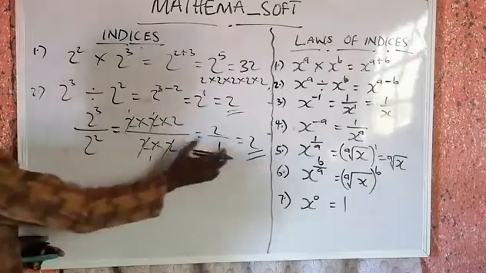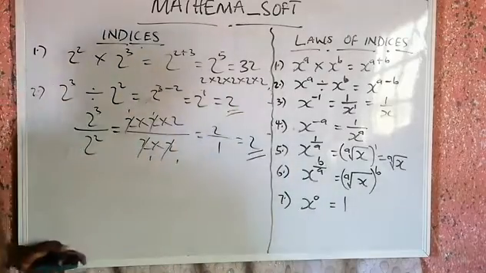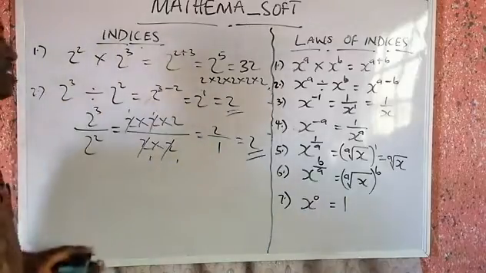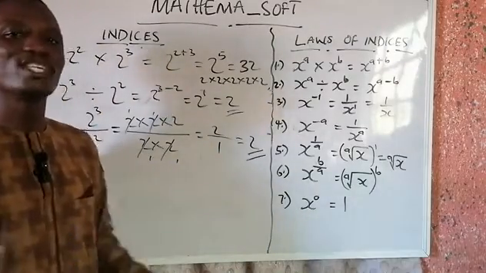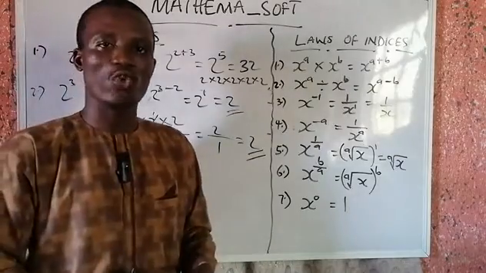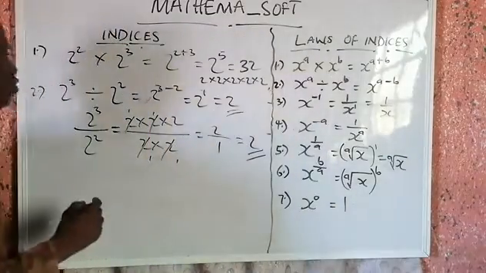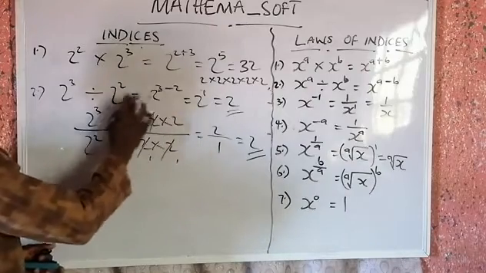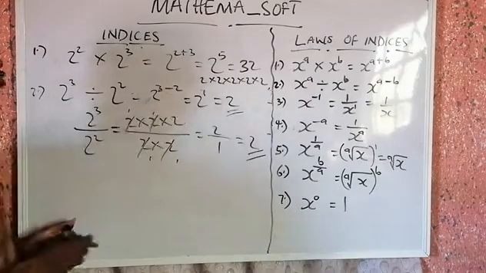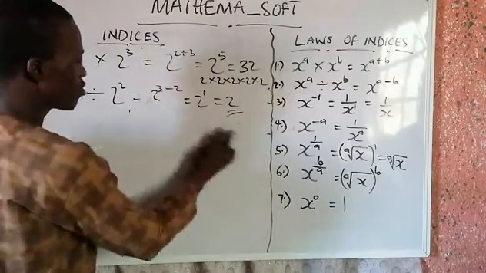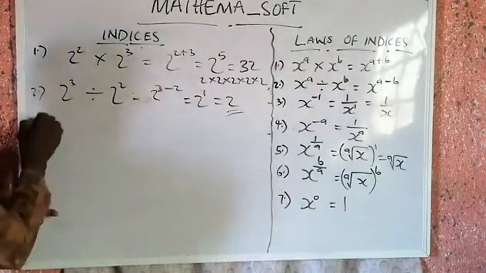But instead of going this way, you can see this looks long, because you will appreciate with indices that if the number is big, or if the index number is a very big one, you may be having issues. So you directly say, rather than spreading it out like this, that 2 raised to the power 3 minus 2 will just give you 2 raised to the power 1, and that is 2. So that's easier to do. So for the third one,